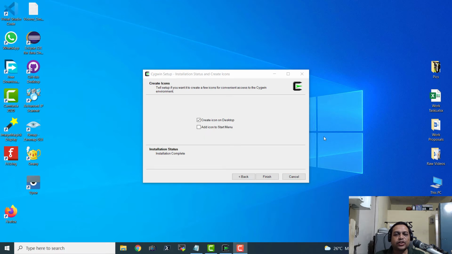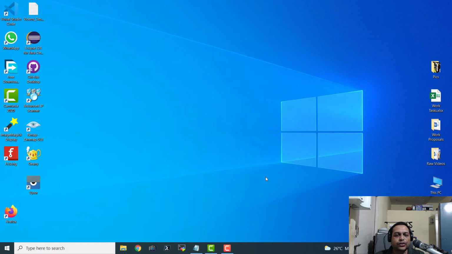So it seems to have finished the installation process, and it took quite a while to download and install all the required utilities. Now I'm going to add the icon of Cygwin to the start menu, and then click finish. And here we can see the symbol of the Cygwin 64 terminal. Now we have got MinGW-W64 for GCC and Cygwin, which is a command line like tool for Windows systems. Basically it emulates a lot of commands of Unix-like systems on the Windows operating system.